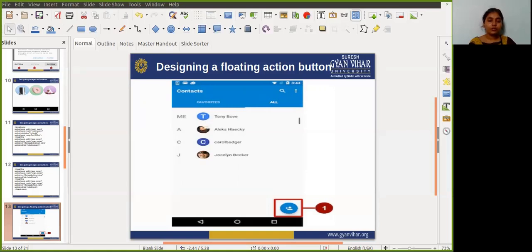For that, you already wrote some code in your Java file. It contains public void sendMessage, in which you pass View, and do something in response to the button click. Within the body of this method, you can write anything which you want as a response to the button click.